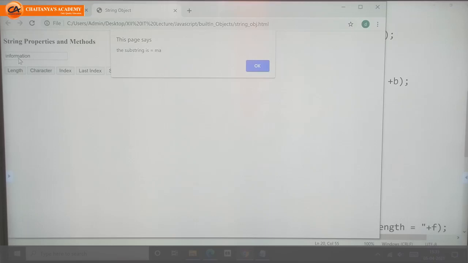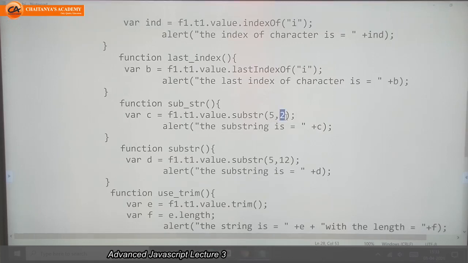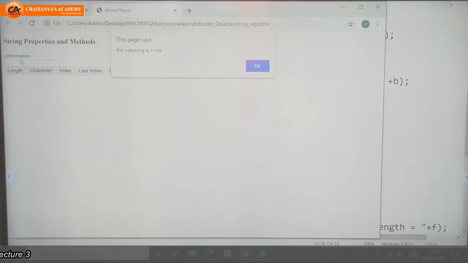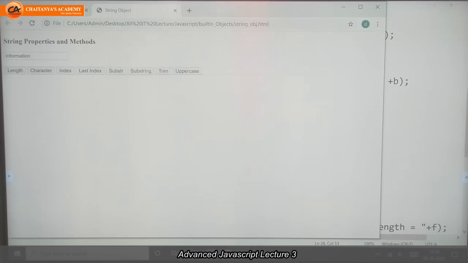At the fifth position, 5 means the starting point of the substring, and 2 means how many characters you want. So it will give us the string which starts from the fifth index value, and it will give us 2 characters from that string. That means MA. So we got here MA.